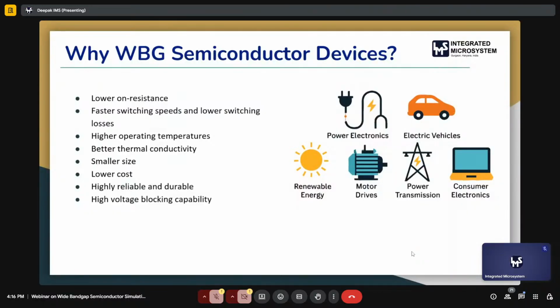Now let's see why wide bandgap semiconductor devices are gaining so much attention in modern semiconductor applications. WBG devices offer lower on-resistance, which means they can conduct current more efficiently, reducing the energy loss, and they also provide faster switching speed and lower switching losses, making them highly suitable for applications that require rapid and